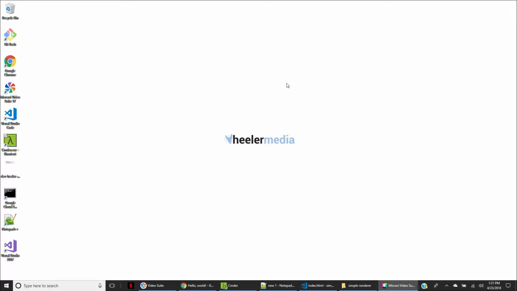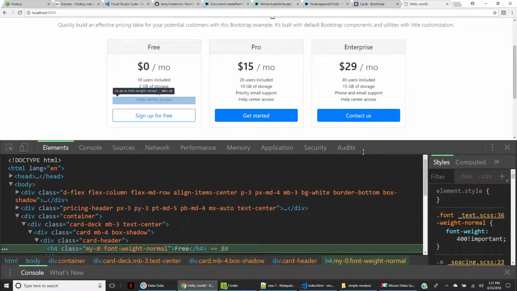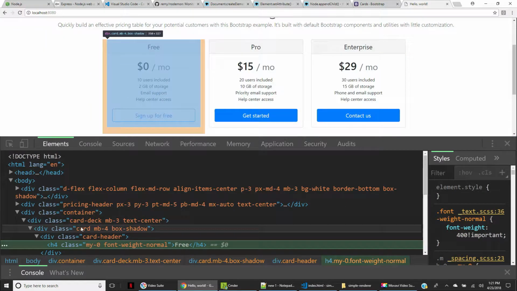I'm going to show you how to inspect some static HTML and how to create a reusable model for it using a JSON object. In our last video, we added this default HTML from the Bootstrap site to our index.html. So if we take a look here, we see these three pricing tiles. I want to look at the HTML for those pricing tiles and create a model for it using a JSON